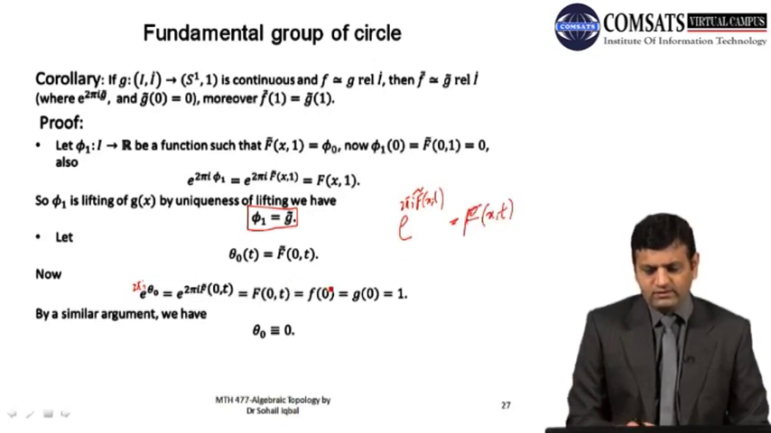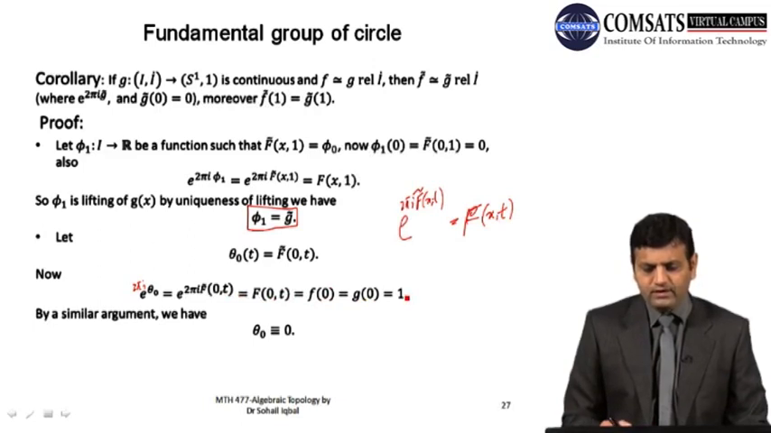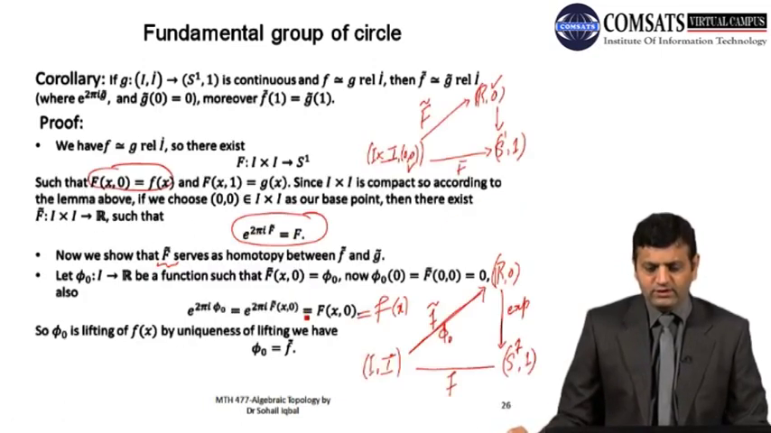So using this fact, this is equal to f tilde of 0, t, which is equal to f of 0, which is equal to g of 0, which is equal to 1. Okay, so by a similar argument of uniqueness, the same kind of argument that we used to show